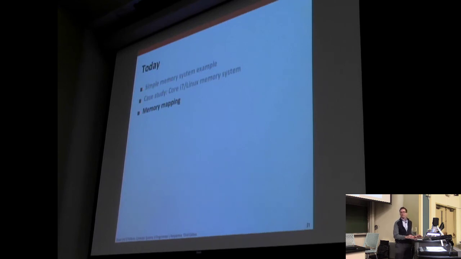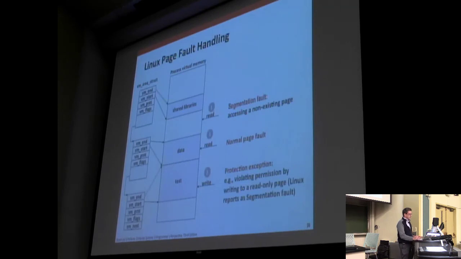Question: So how exactly are these structs used? Does it still first check the MMU and get the page? This is after the page fault. So we only use these structs if there's a page fault? Yes. The MMU doesn't know about these. So the question was exactly how are these area structs used, and in this example anyway, they're used during page faults. And also just as an aside, I've shown these as lists, but in the real system they